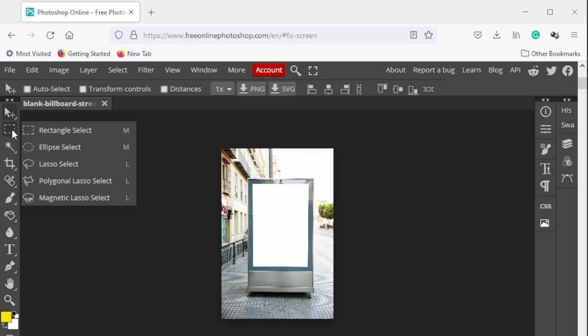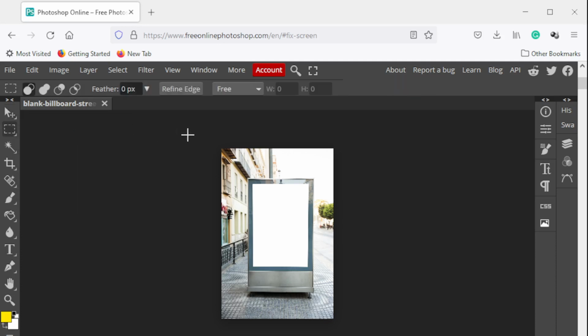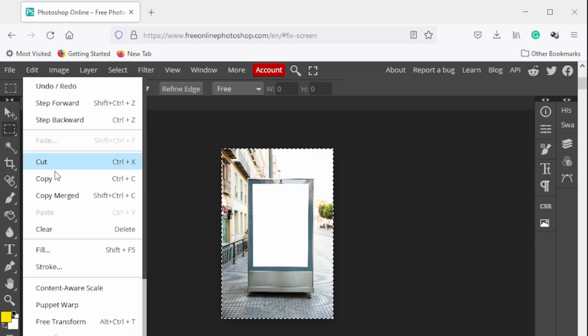There's some kind of selection tools. Selection tools mean if you want to do some kind of edit, you have to use the selection tool. This is the rectangular marquee tool. Rectangular select and select the image. I want to get the copy, edit, copy,